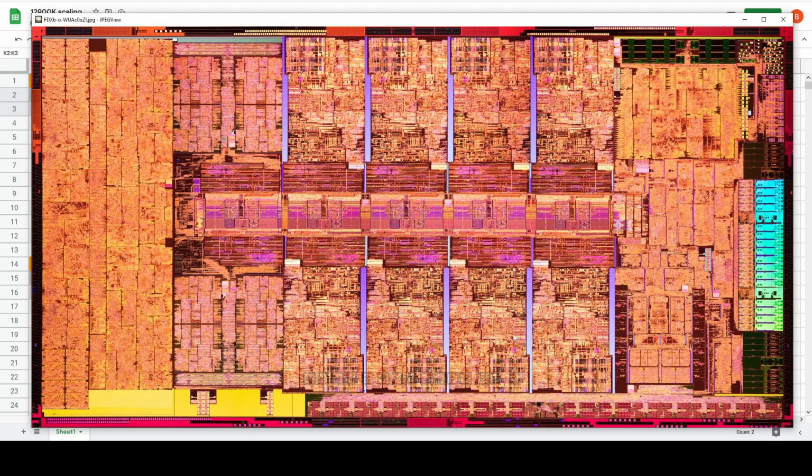Also, anything that does a lot of core-to-core communication would also benefit from higher ring clocks, though I've not really looked into that too much. And I guess most of those workloads would also generally look like they're memory starved anyway. But yeah, that's kind of that. So that's the ring. And the E-cores all share just one connector to the ring. And that connector evidently runs at the ring clock and sucks,